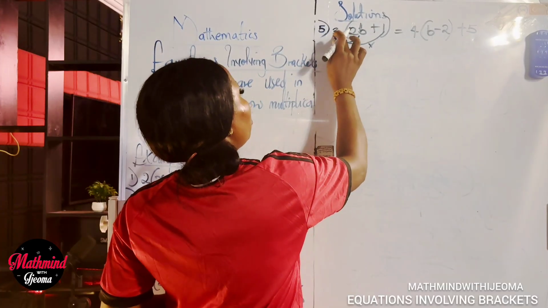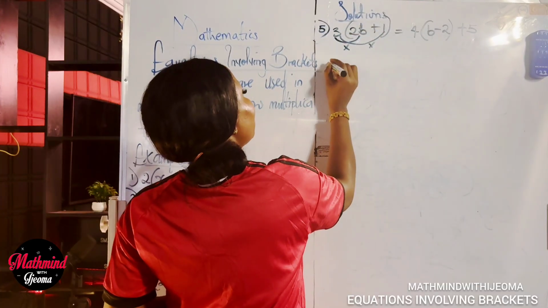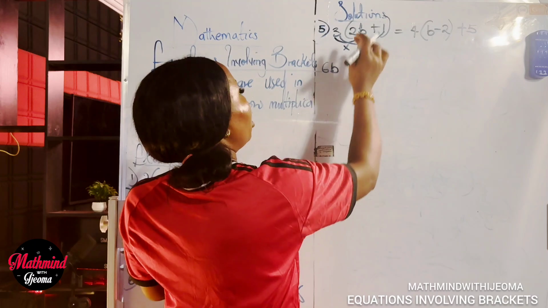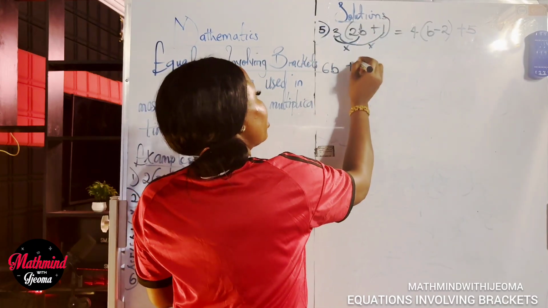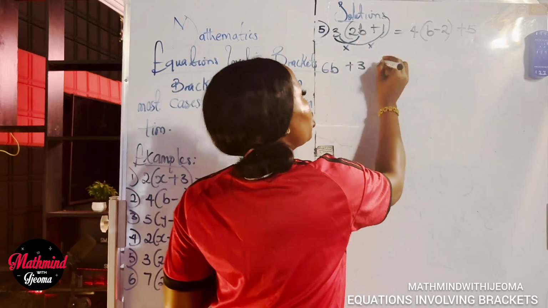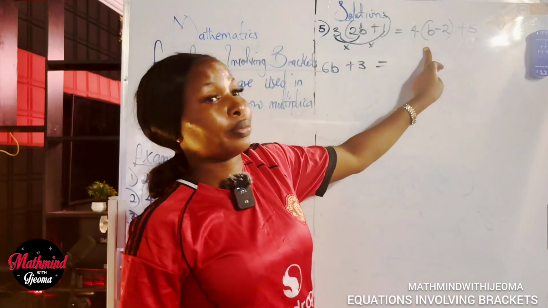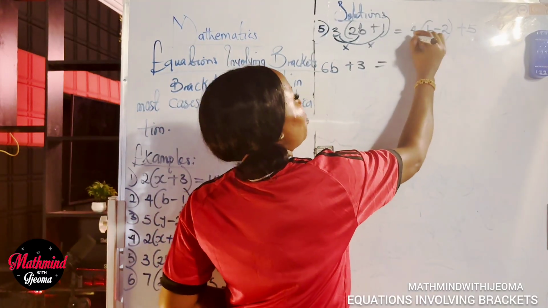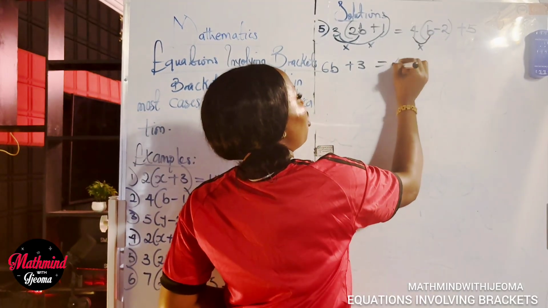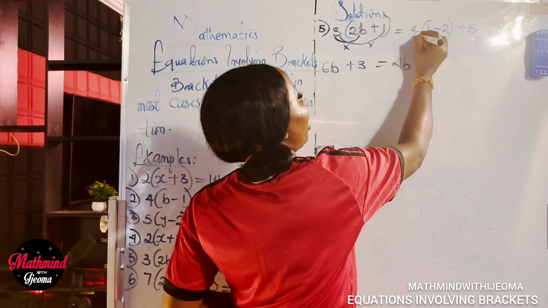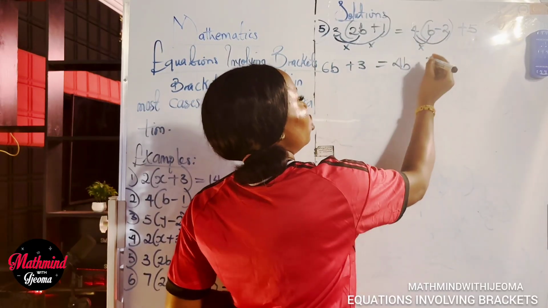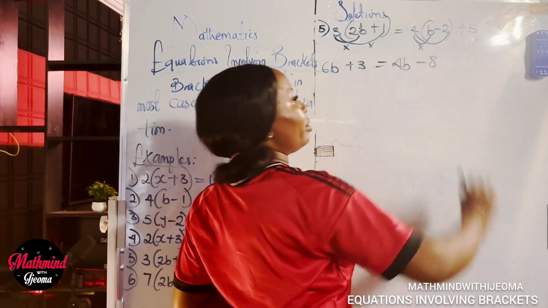So, we have 3 times 2b, 6b. 3 times plus 1, plus 3, equal to, come to next, 4 times b, 4b,